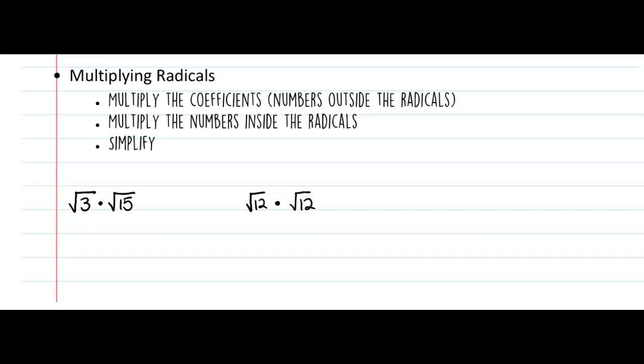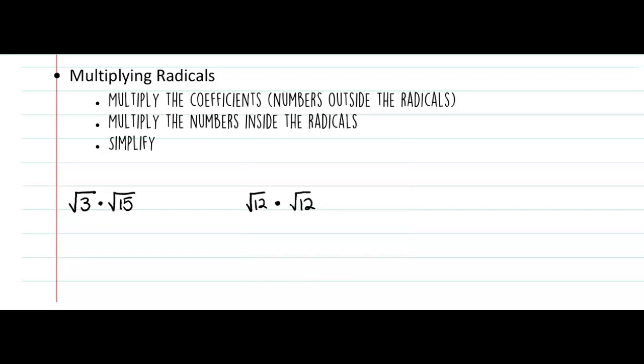Lastly, we're going to look at multiplying radicals. In our last step, we practiced simplifying radicals. Now we're going to actually perform the multiplication operation on these radicals, and then, again, simplify. So the rule is you're going to multiply the numbers outside the radicals, which in our